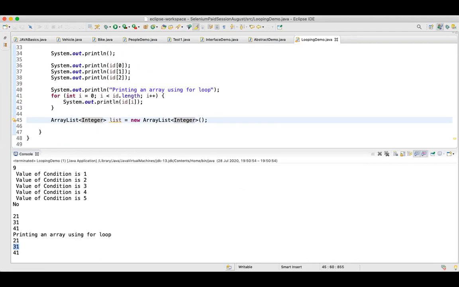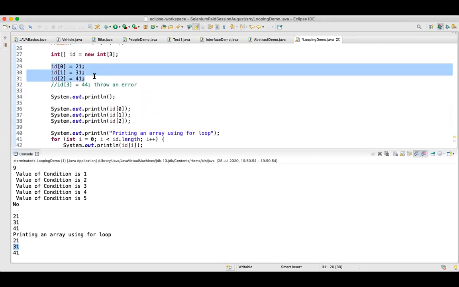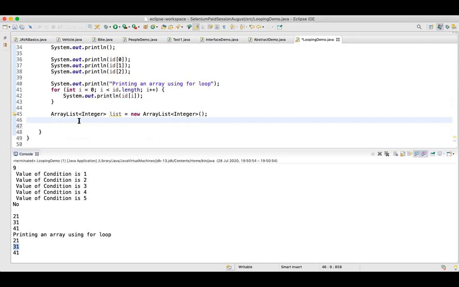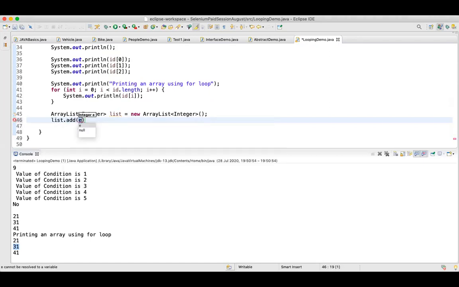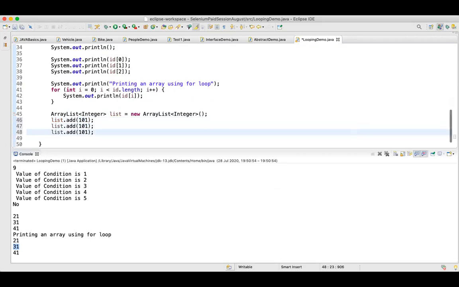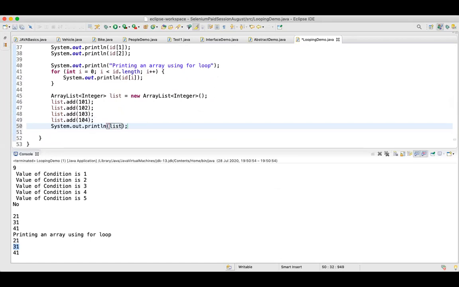Now, in a similar fashion, wherein we were adding the values using id of 0, to add values into the list we have the method list.add, and you can specify the integer. Let's say 101 is my value. I'll add a couple of values over here: 101, 102, 103, and 104. And I can simply print my list.